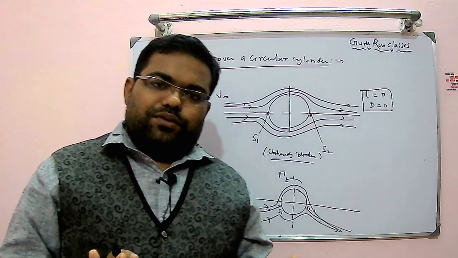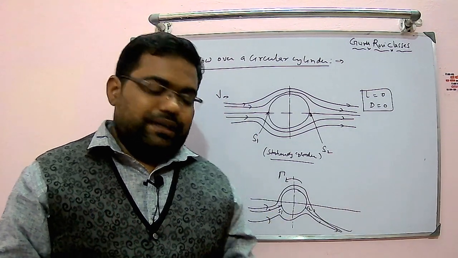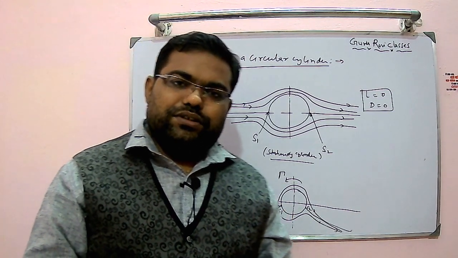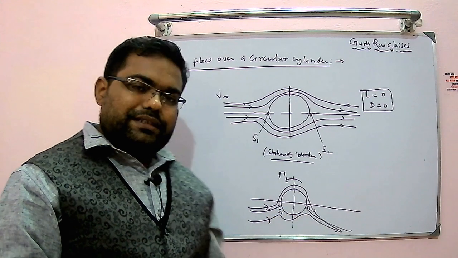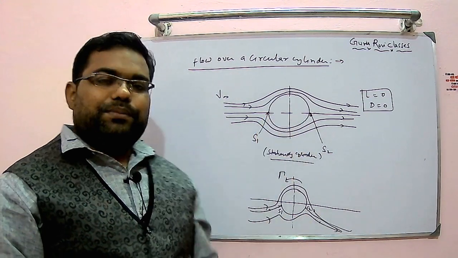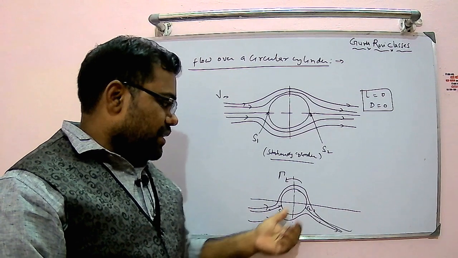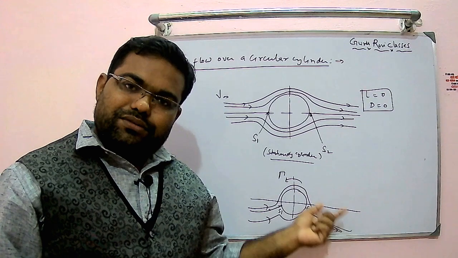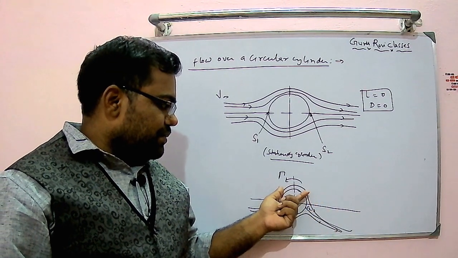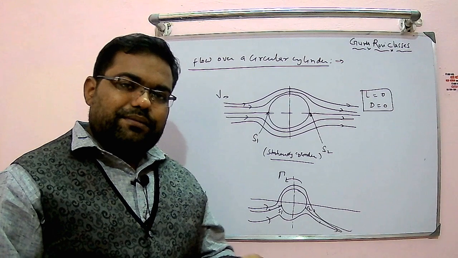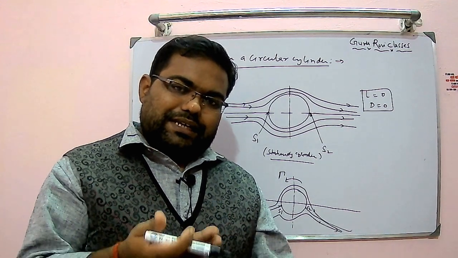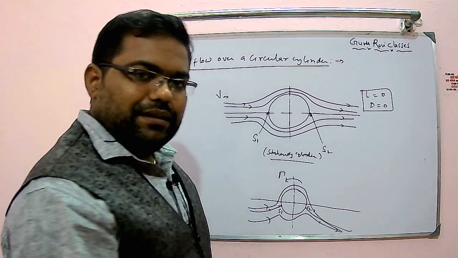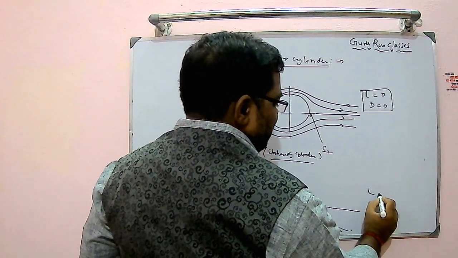And we are assuming ideal flow condition. We are not dealing with real flow, ideal flow condition. Now the second case, when circulation has been introduced, your stagnation points have moved. Now they are not diametrically opposite, they have moved. The front has gone down and that has also gone down, and because of that, now the pressure distribution is unsymmetrical. You look here, pressure is more, here it is less. So in that case, what will happen? There will be an unbalanced force acting on the cylinder, due to which the cylinder will lift off.